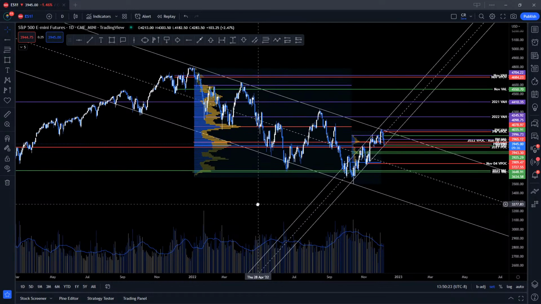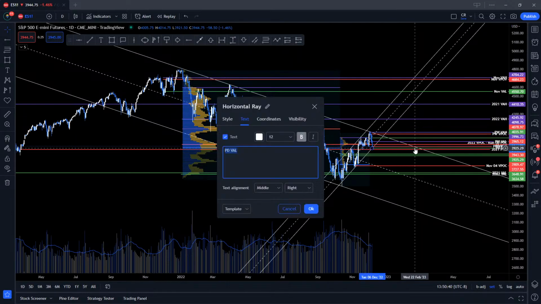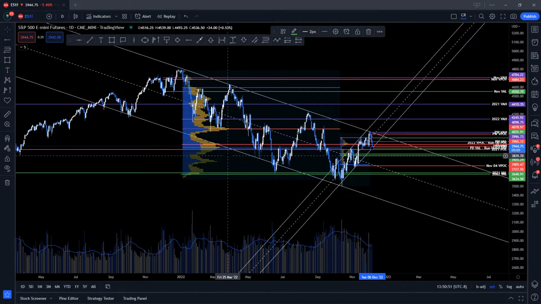One important thing I want to point out on this, I know it's kind of hard to see the levels, but this is my value area high. My value area low is right here. So this line here is also my rundown value area low. And my rundown POC is going to be right here. I'll mark these in a second, but what I wanted to show you guys in the settings,